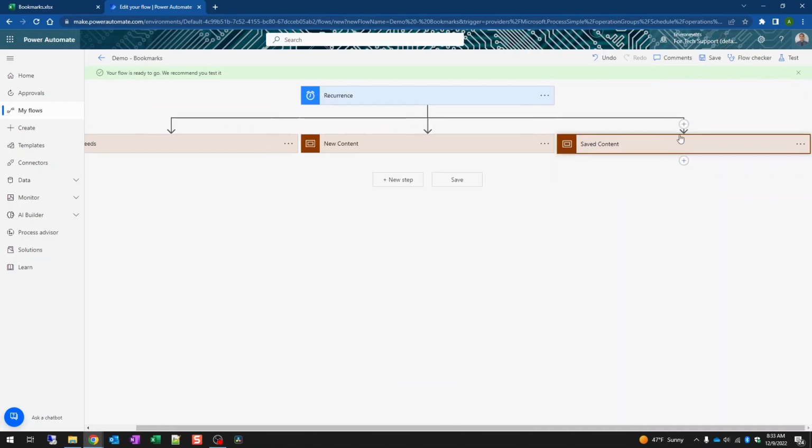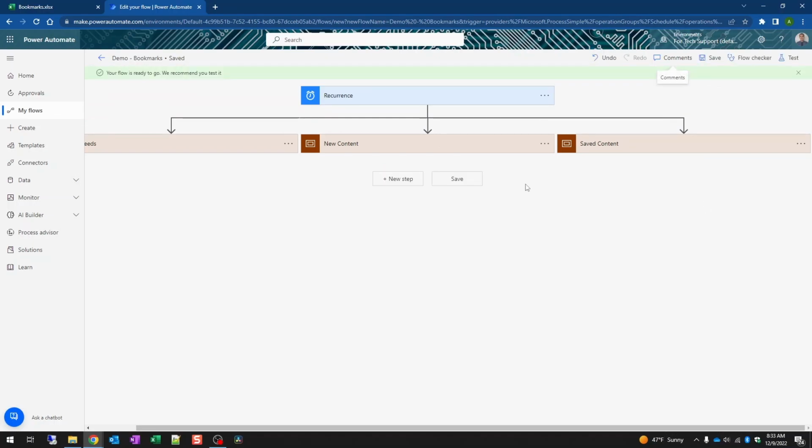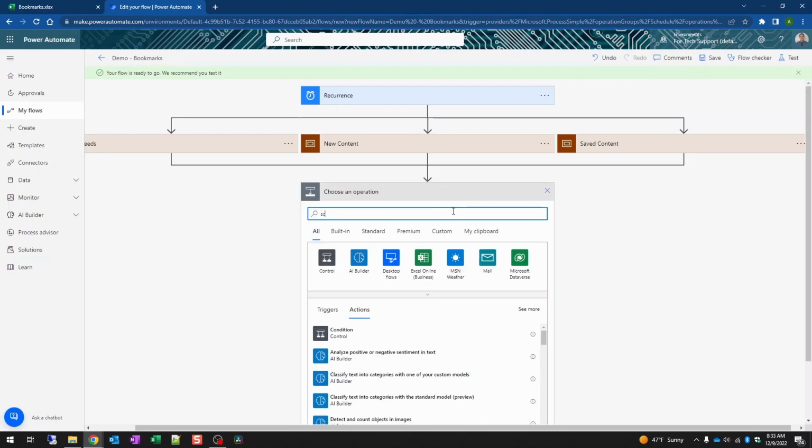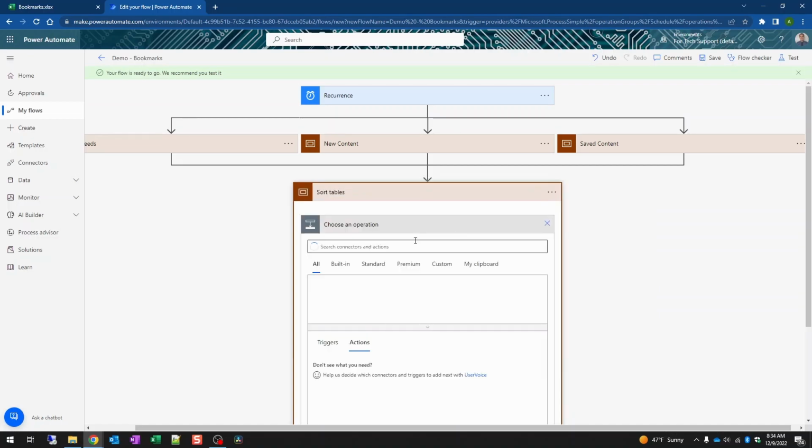So this scope is finished now. Let's go ahead and click save. The final scope that we're going to create is going to be down at the bottom, so click new step. Type in scope. We're going to call this one sort tables. And we're going to use the action run script